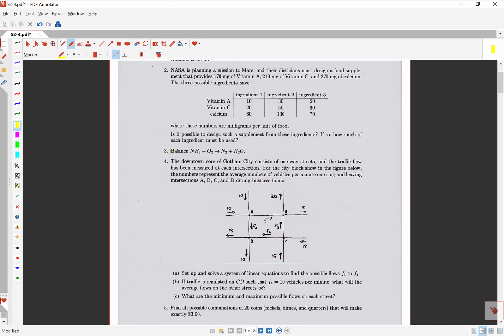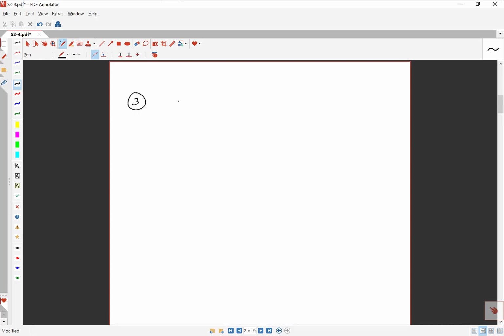Time for problem 3. We are going to balance this chemical equation. So I'm going to recopy the equation. We've got ammonia plus O2 goes to dinitrogen plus H2O. Okay, what we're going to do is we're going to introduce some variables here. So what we're interested in is how many molecules of each of these substances do we need to balance this